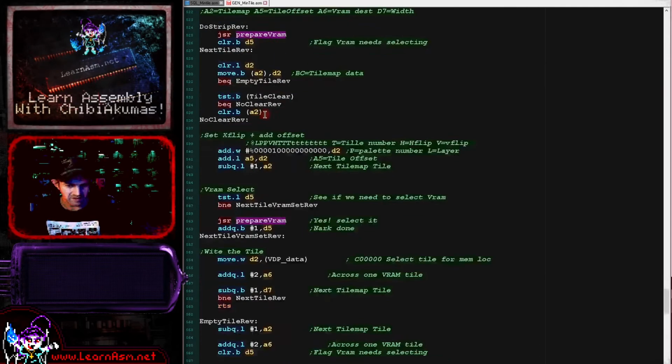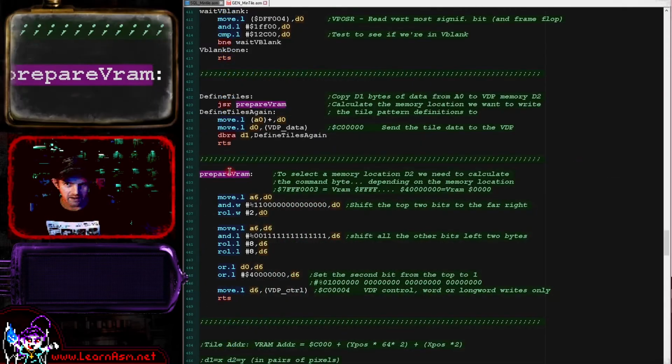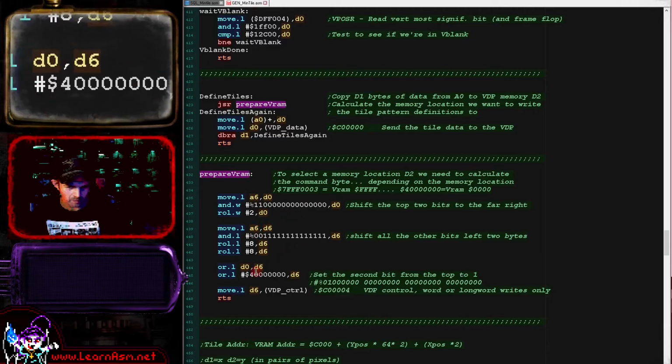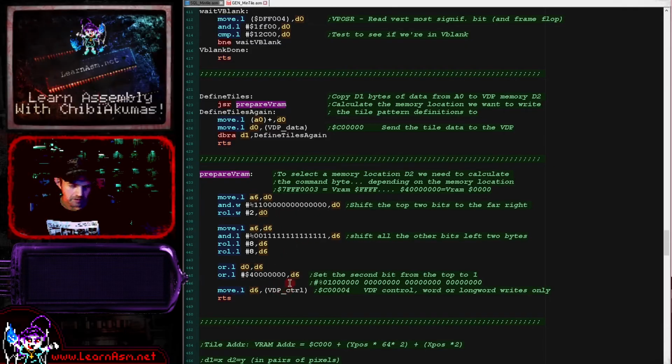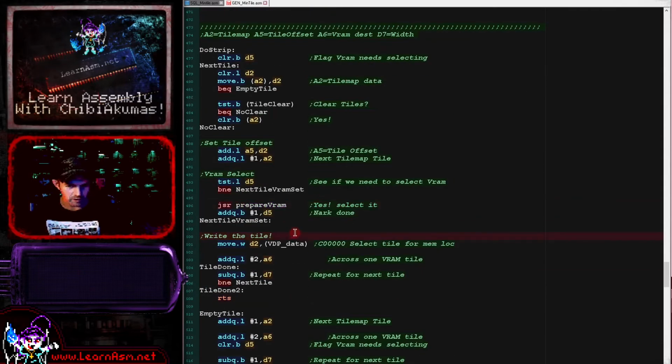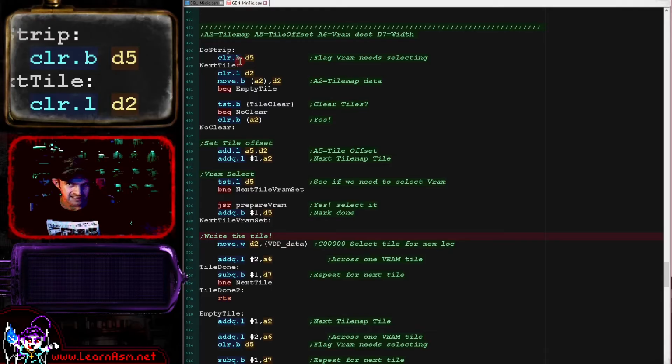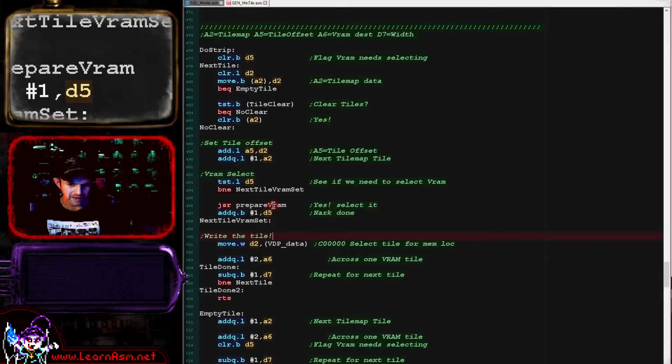It's exactly the same routine as we just saw. It's selecting the VRAM destination. It's the exact same routine we saw before. It's shifting all the bits around and then selecting it using the VDP control port. It's a little bit slow though, so we don't want to do that for every tile if we can avoid it. So that's why we're using a flag in D5 to mark that we need to calculate a new VRAM